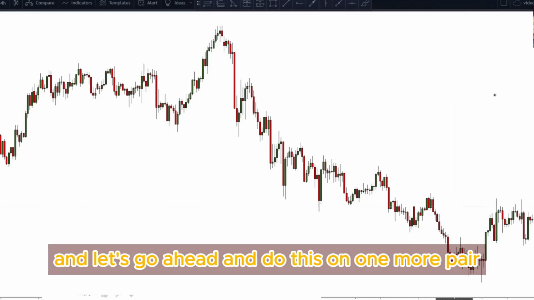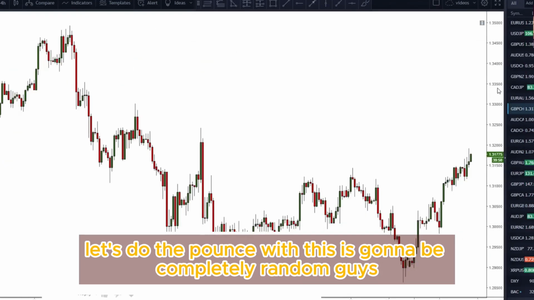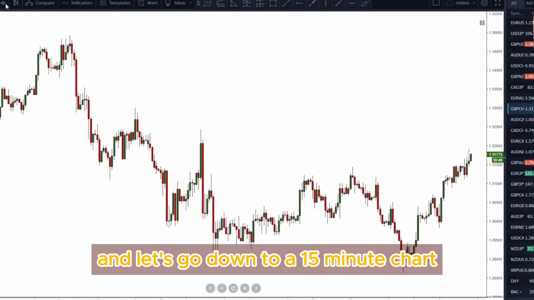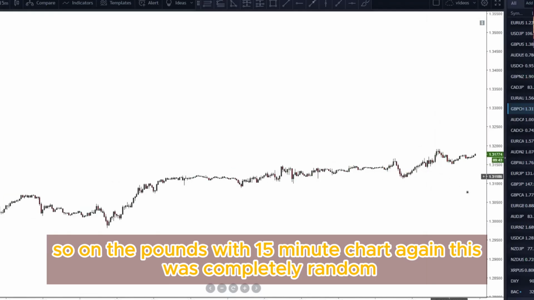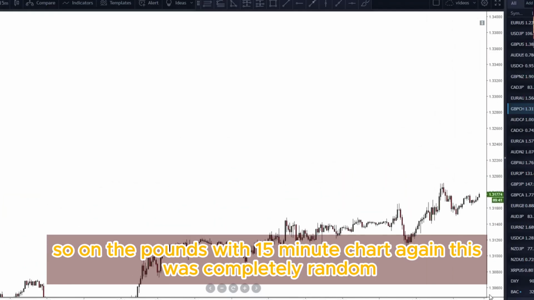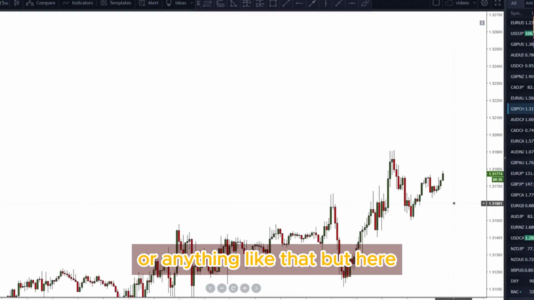And let's go ahead and do this on one more pair. Let's go ahead and go to a different chart. Let's do the pound Swiss. This is going to be completely random, guys, and let's go down to a 15-minute chart. So on the pound Swiss, 15-minute chart. Again, this was completely random. I did not look through charts to try to find the best ones for this or anything like that, but